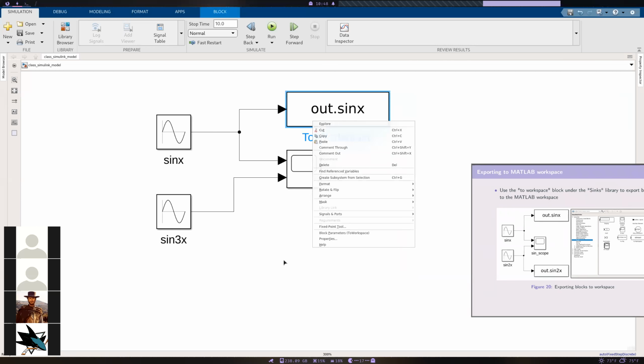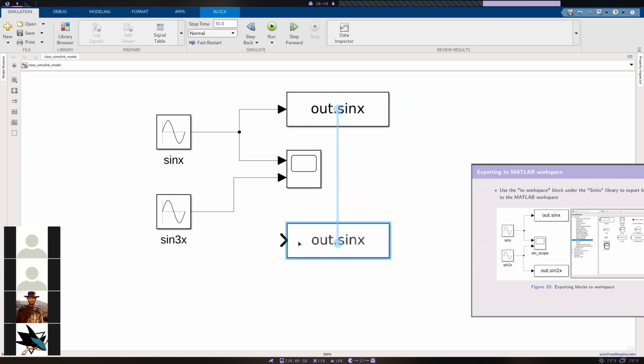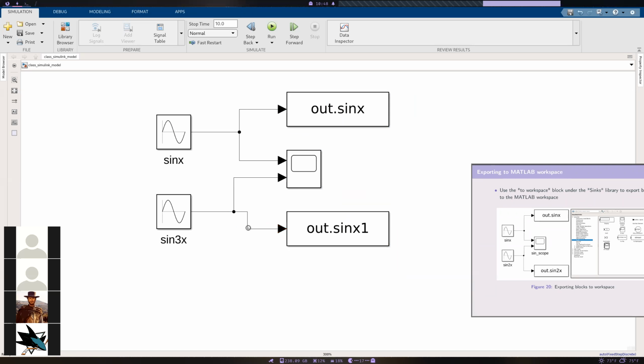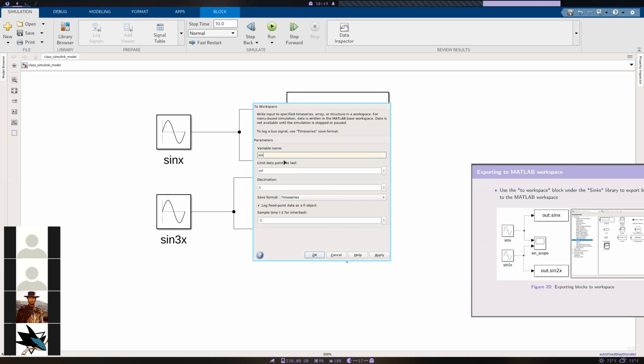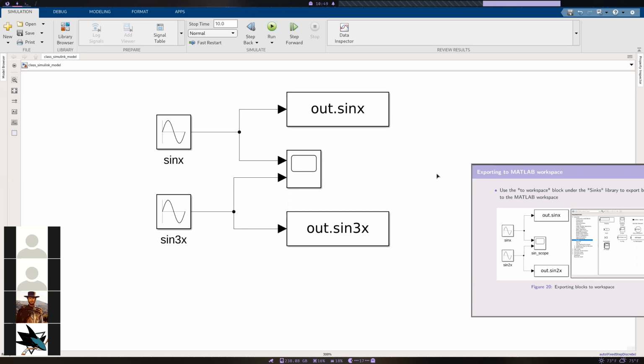I'm going to right click and drag to copy and paste. And I'm going to connect this one to sine of 3x. Okay, and then I'm going to double click on the block and I'll rename this to sine 3x and click apply. Okay, so there we go. And now we just need to save this. And now if I click on run,